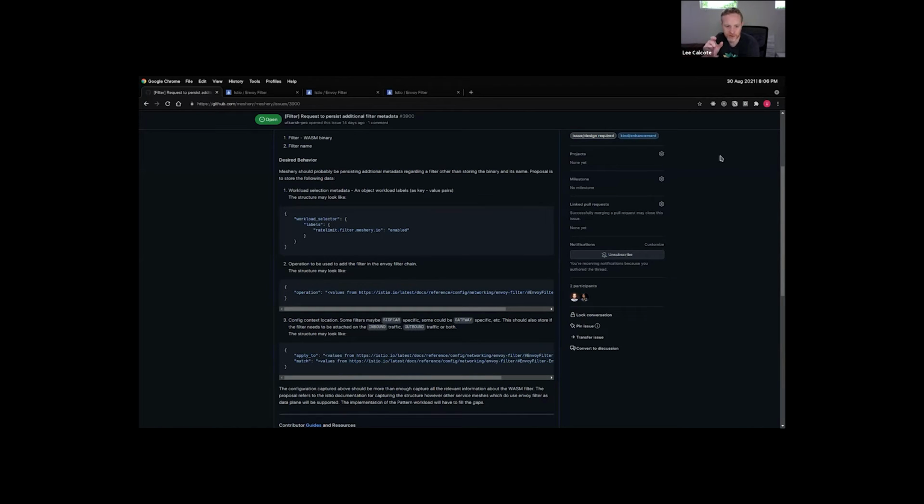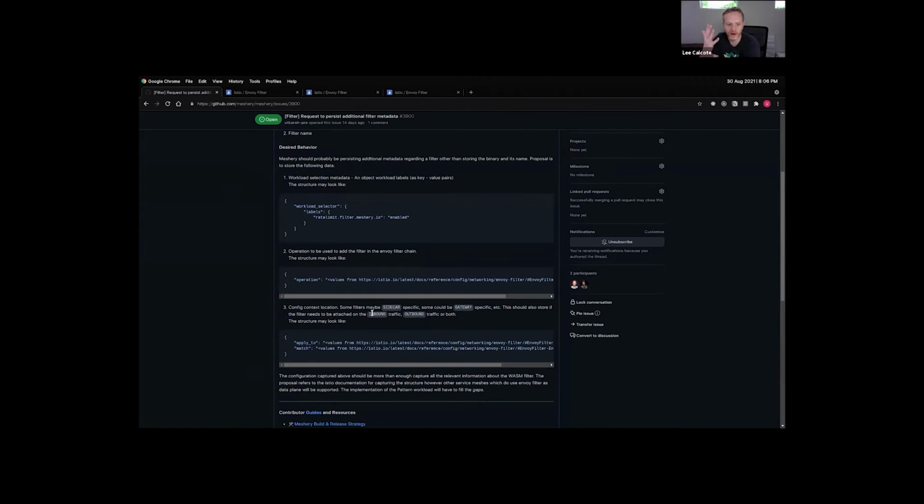If some of those configurations are required, things like, what direction did you want to apply this filter? Traffic coming in or traffic going out? Like, how could that not be universal? Like, how could you not? And so